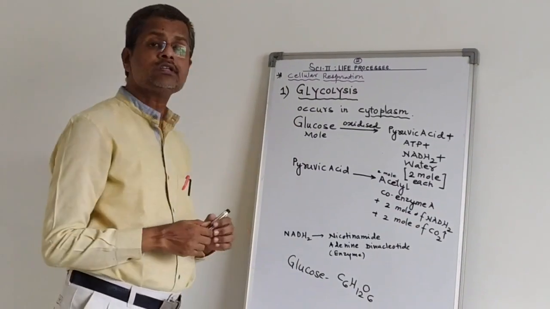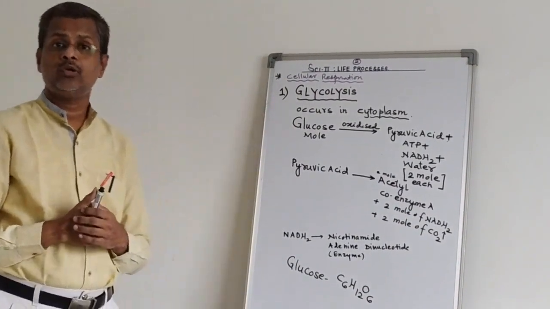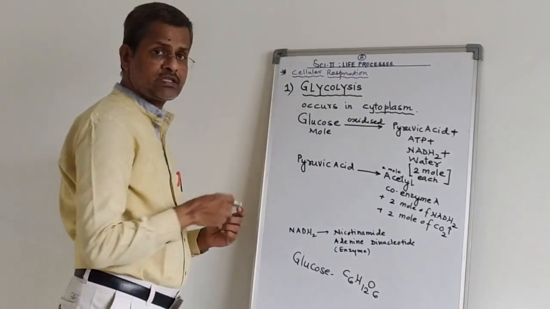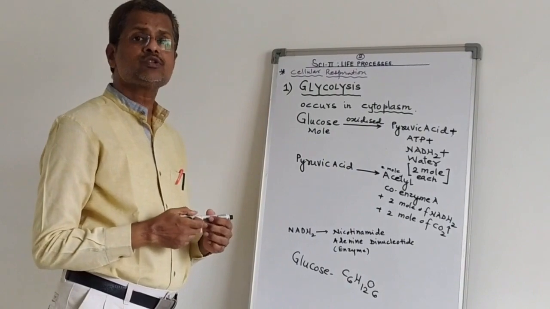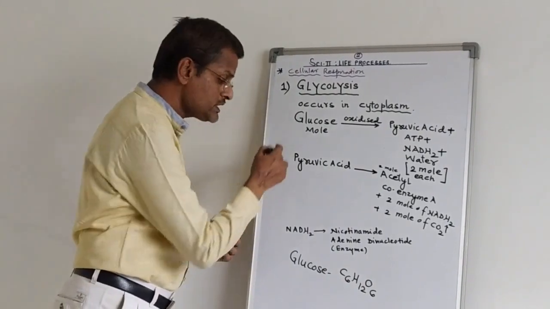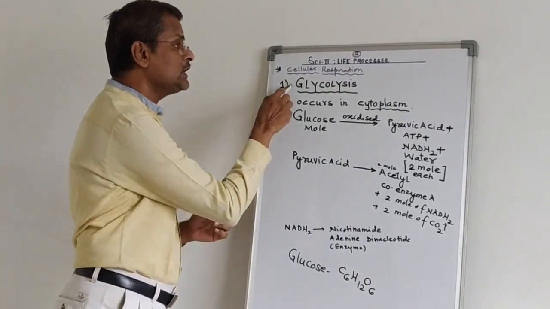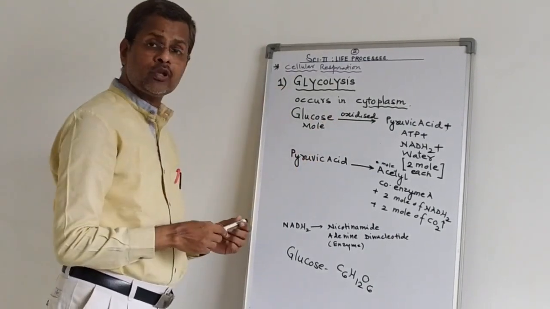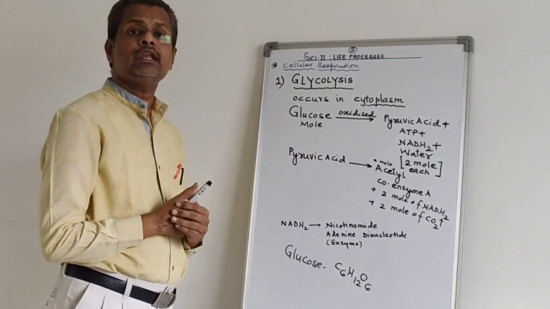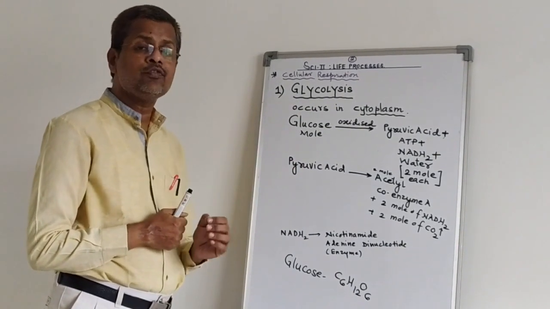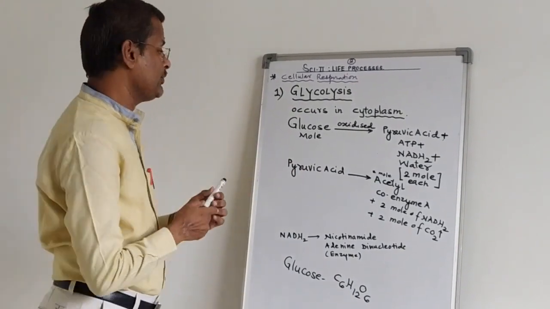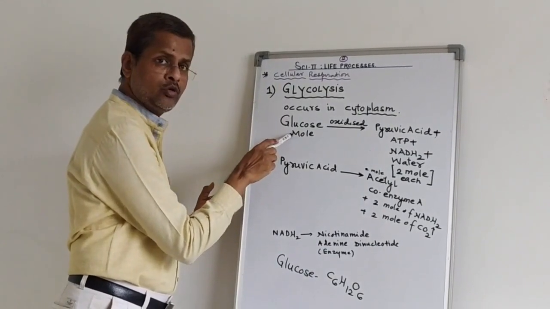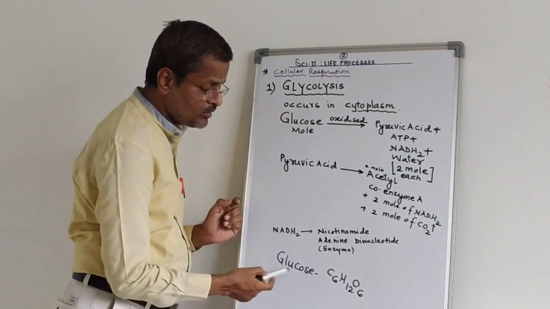Here is the first step in cellular respiration, and that step is glycolysis. Now during glycolysis, what happens, we will see in detail. Actually, glycolysis occurs in the cytoplasm. What is the cytoplasm? Living material in every living organism. Here in glycolysis, the glucose molecule. What is glucose? Glucose is nothing but